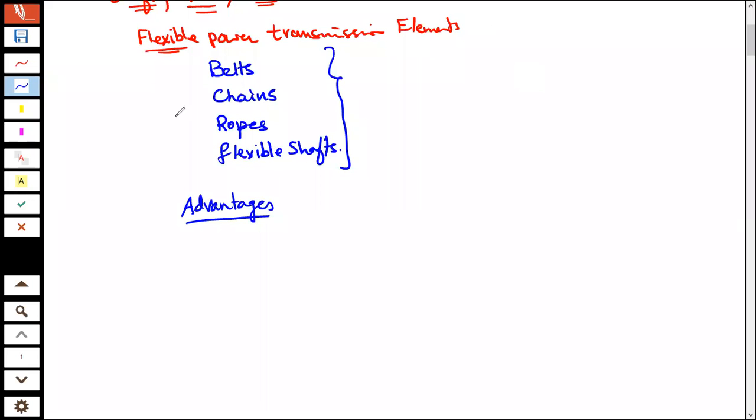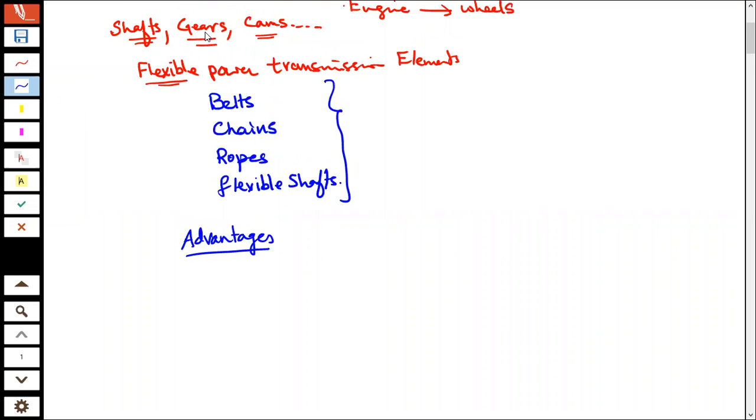If you look at the power transmission elements that we just talked about, like gears, cams, they can transmit power through a shorter distance. But if you want to transmit power through a longer or larger distance, then you would need flexible power transmission elements. So generally, they are used for power transmission